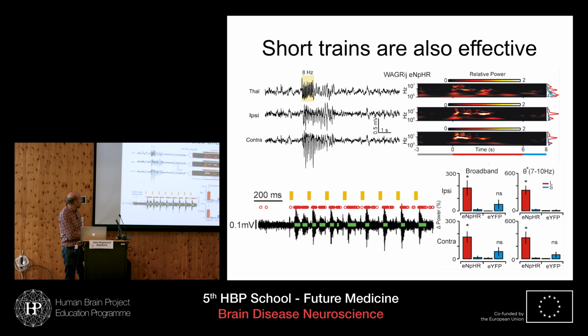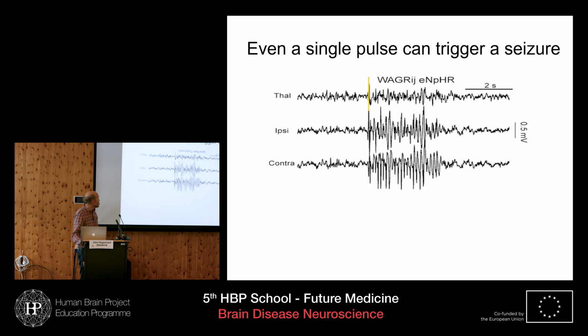And you see, before the seizure, there's no bursting. We start applying the yellow light stimuli, and very rapidly, we recruit burst firing down in the thalamus. And then also very rapidly, this results in recruitment of this bilaterally synchronous discharge. And so you see huge increases in power, especially in this theta prime frequency range, which is 7 to 10 hertz. So these driving pulses, which are actually producing periodic rebound inhibition, are extremely effective at inducing seizures.